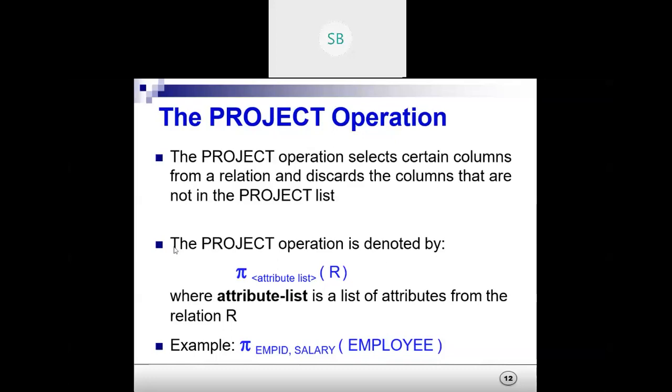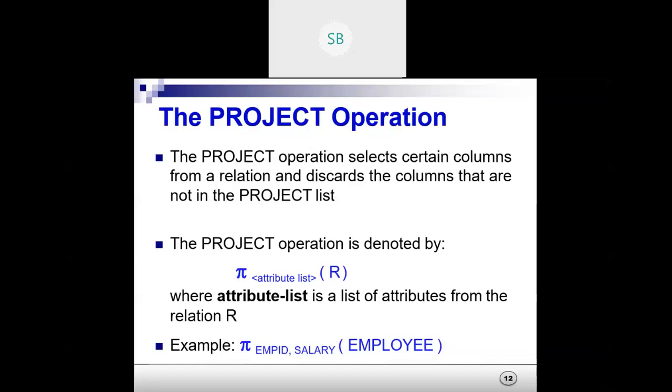Next, the project operation is denoted by the pi operator, then the attribute list, and then R, where the attribute list is a list of attributes from the relation R. Suppose you check here, pi of employee ID, salary, of employee. That means it will display only employee ID and salary from the entire relation table.